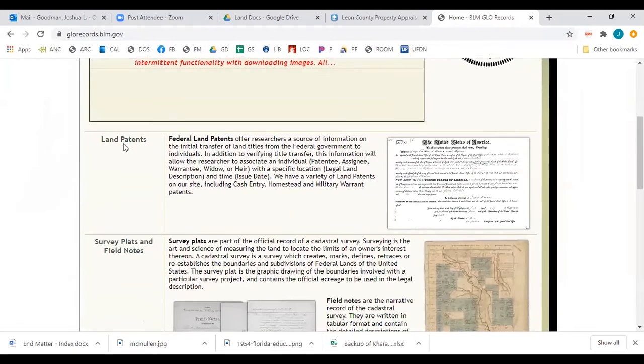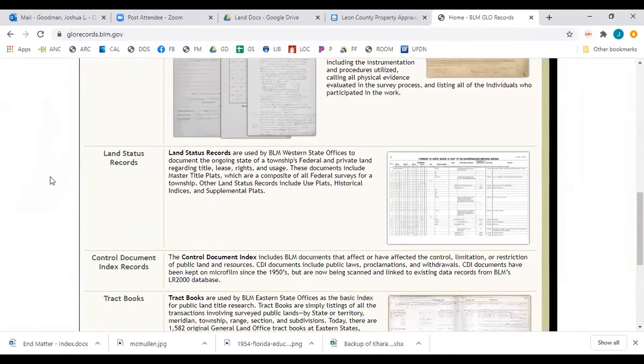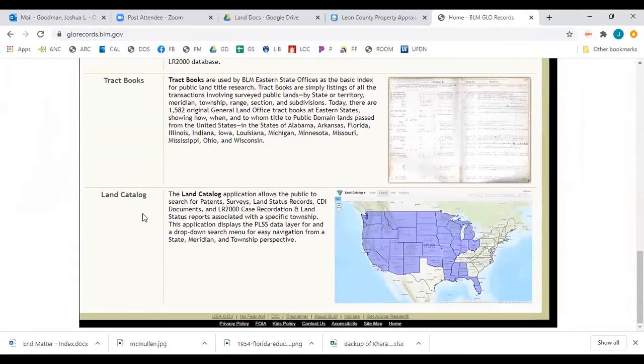And last time we were using the land patents section to do our work, but this time around we're going to actually scroll down a little farther and look at what they call the land catalog. And just as an aside, if you look over here at all of the states that are in purple, these are all of the states that are measured into the public land survey system. And actually some parts of Texas are too. It's just not all of it. That's why they don't have it turned purple.